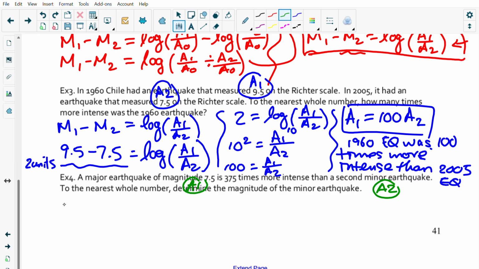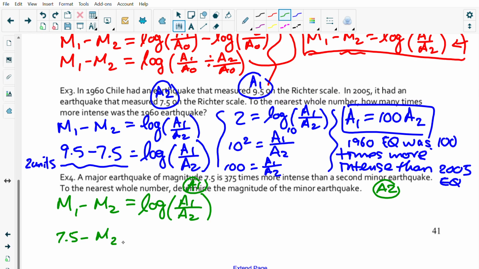So let's write our equation. And let's ask ourselves, what do we need? What do I have? The first magnitude, that is 7.5, minus the second magnitude, that's what I'm looking for. A2 corresponds to M2, A1 to M1. So log of,